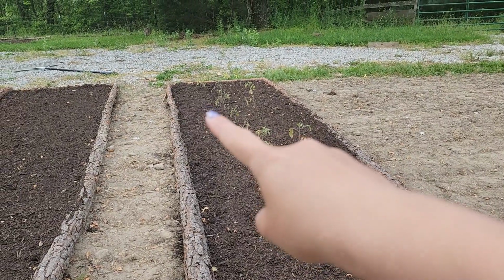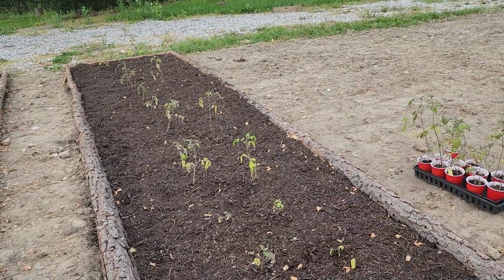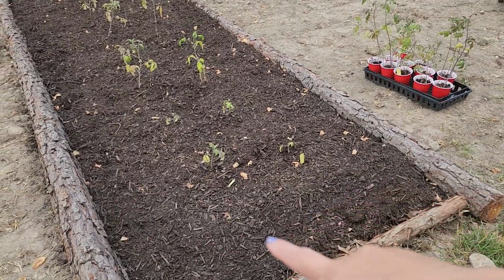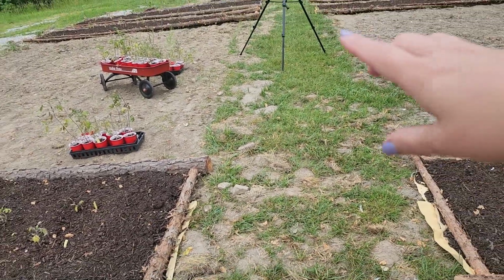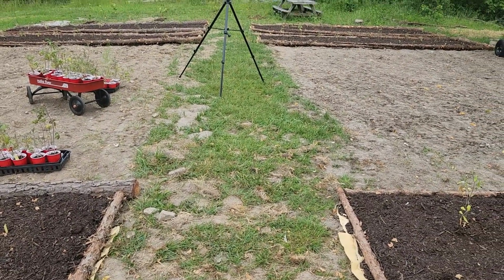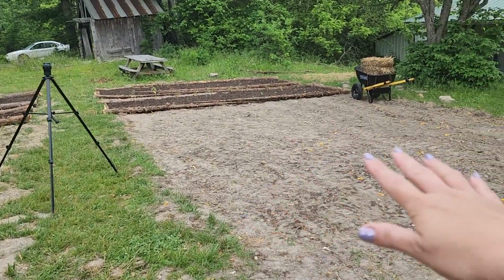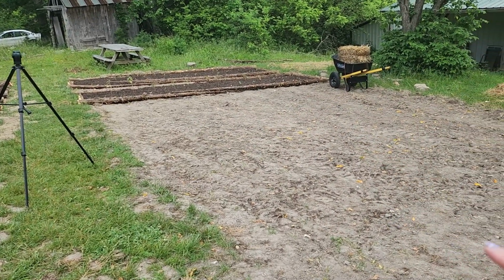Today I'm going to put peppers all along here on either side of the tomatoes, because then I can still get to the tomatoes, but the peppers will get even more sun, and the peppers really like the sun. So then here we're going to have cucumbers and Kajari melons and red noodle beans and rattlesnake beans in all the trellises along here. And then today we got the hay so that we can cover these areas and put in 2 rows of sweet potatoes, and then the rest of them will have